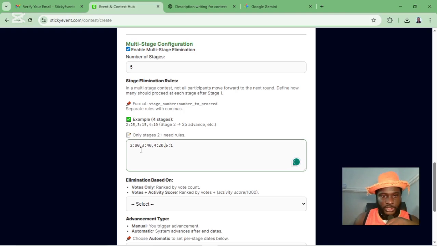We can decide to say stage 4, okay, let it be 10. Stage 3 is good at 40, or let it be 20. Then this stage 2, let it be 60. Do you understand? So with this configuration now, you can see that we didn't specify stage 1 because it